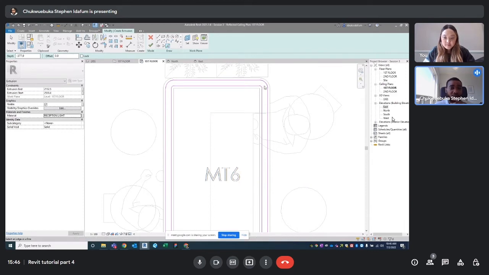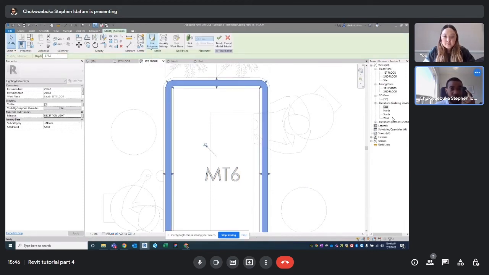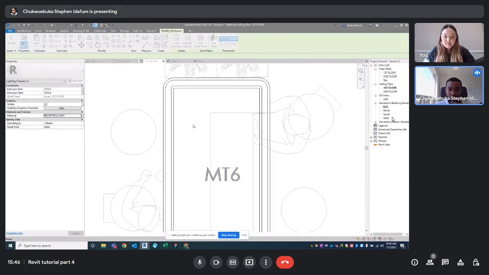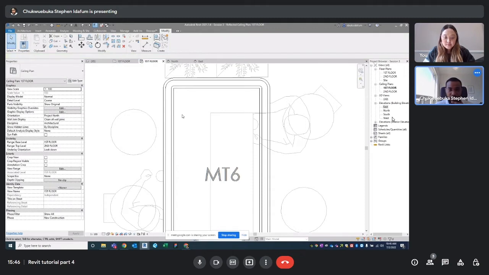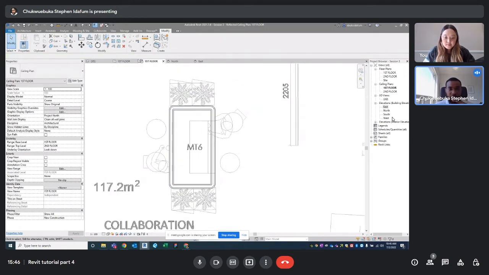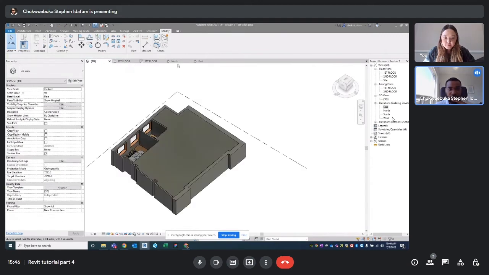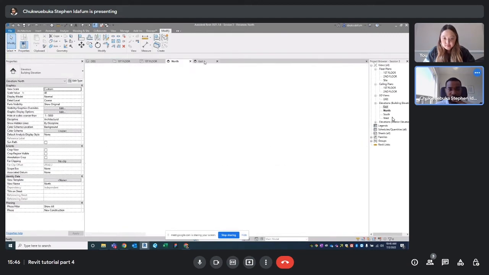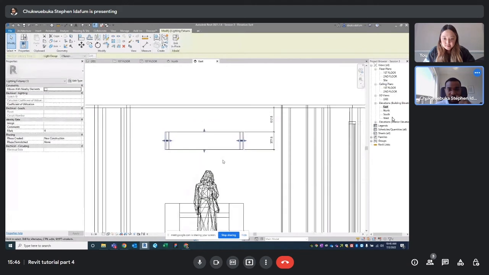Now we've given our inside light the material. We press this and press finish model. Now let's save our project. Okay, I think that is good. Let's go to 3D and see how it looks. And let's go to East elevation. So it's inside, and